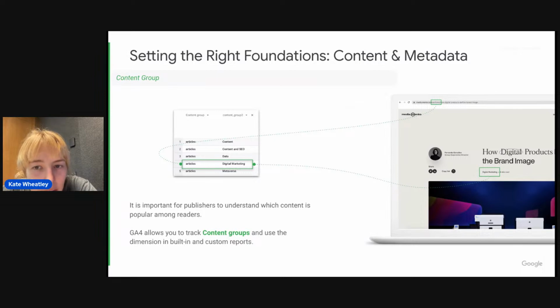Okay, so let's have a look at an example of where we would find metadata. So in this example here, we have an article on a website. It's on the Media Monks website. And as you can see, there are certain pieces of information we get about this article that are pretty consistent with all publishers. So first up, we have the idea of a